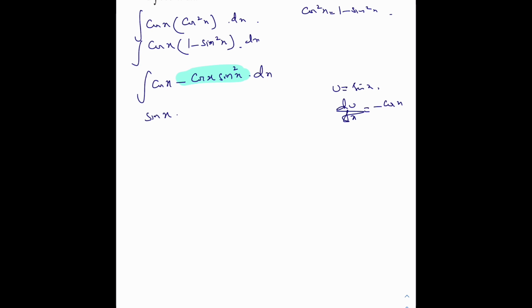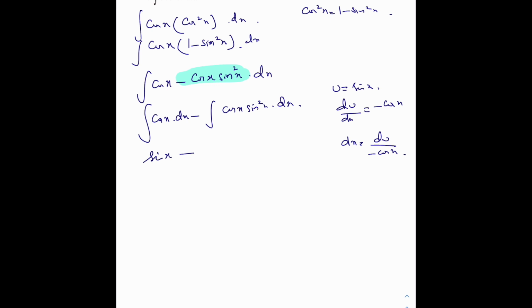If I make dx the subject from here, it will be du upon cos x. I can actually separate them first and then deal with it. I can separate cos of x dx and minus cos x sine square x dx. Integration of cos x is sine x, so this is done. Minus,